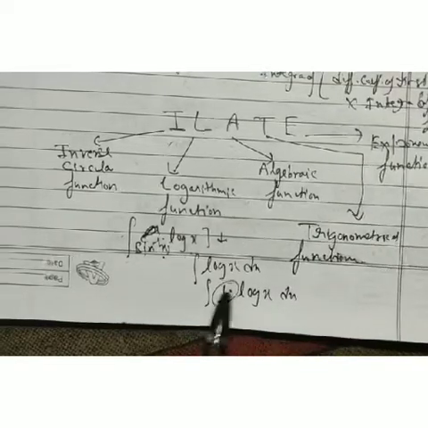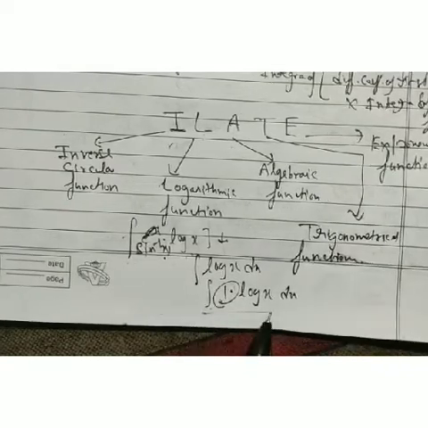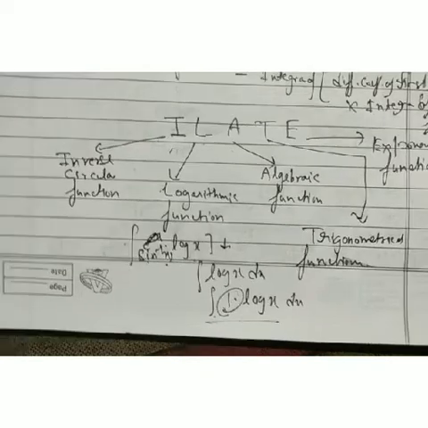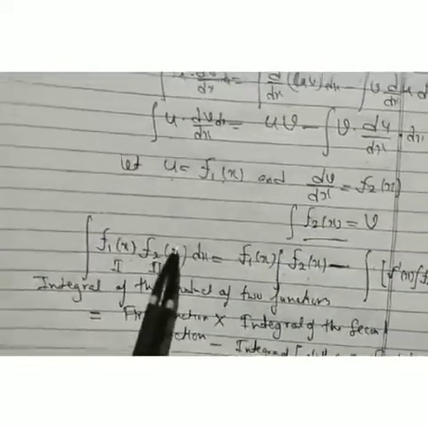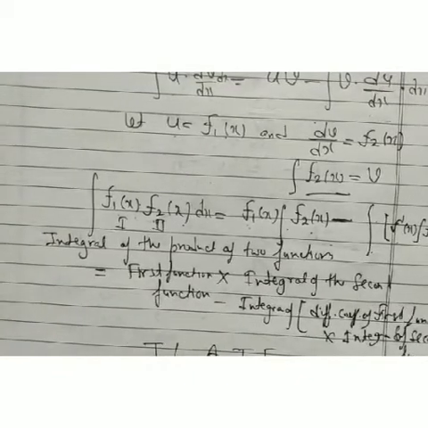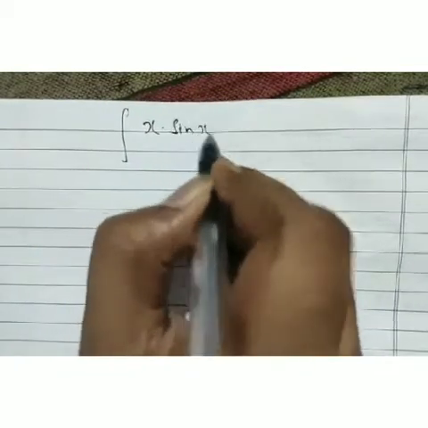If we take f1(x) as one function and f2(x) as another function, and these are our working rules. Now I am going to explain the integration by parts formula. We are just going to take one of the simple examples here. Suppose we have to find the integral value of x into sin x dx. We start with a simple example.